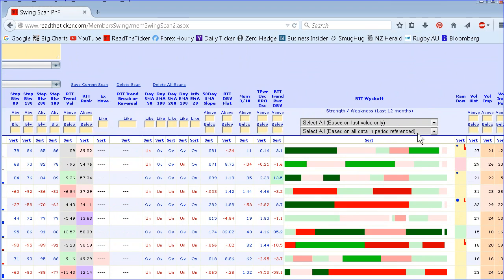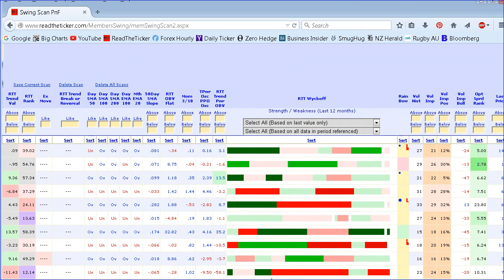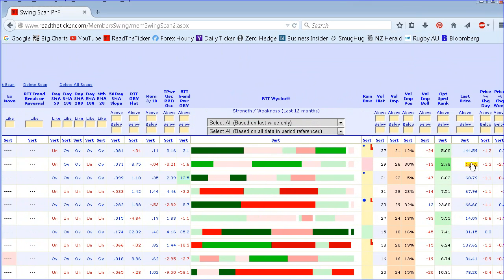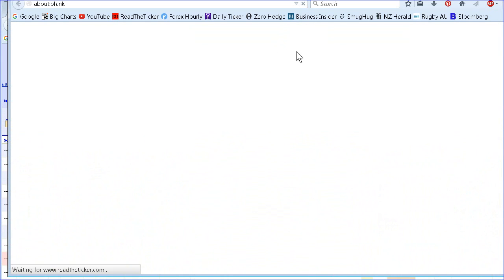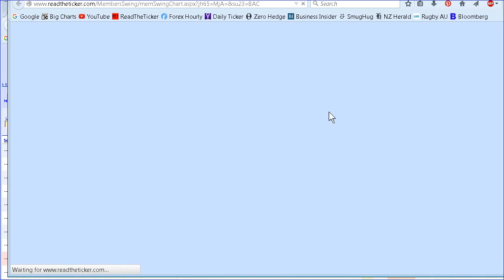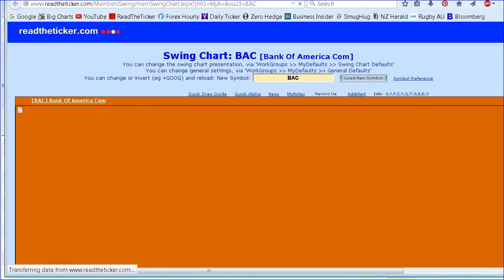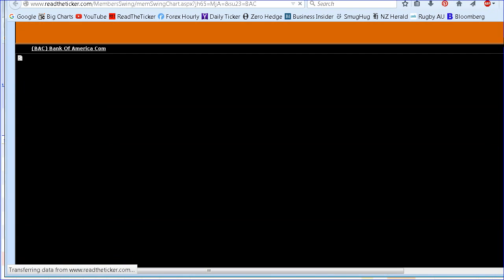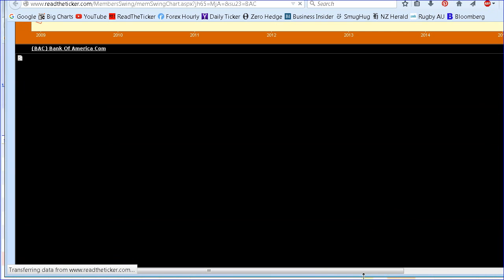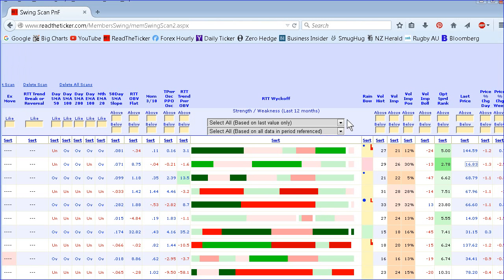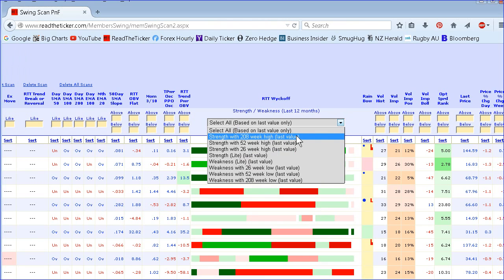Wyckoff strength and weakness. Now within this tool, we have a band which is coloured. This band is defined by, I better open up a chart to explain it. We've got Bank of America, that'll do. Now it's based on weekly data. This is the weekly chart, and it's got colours. You want a colour which is